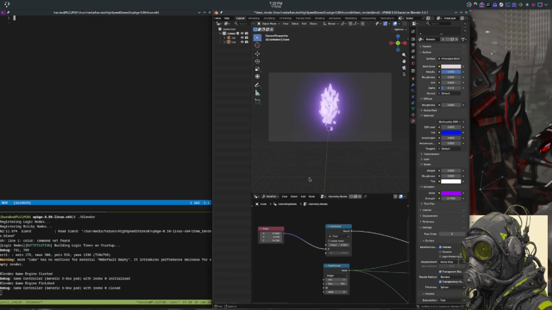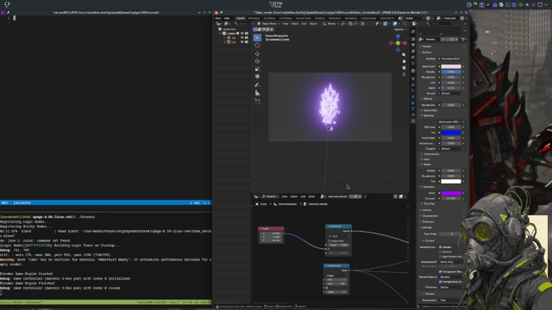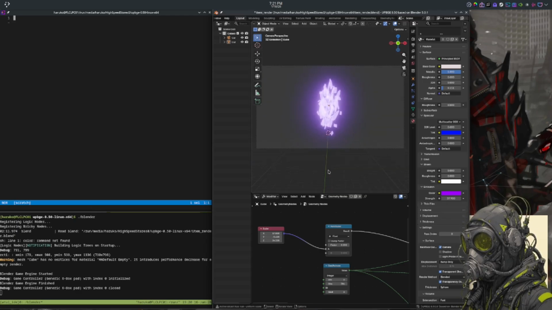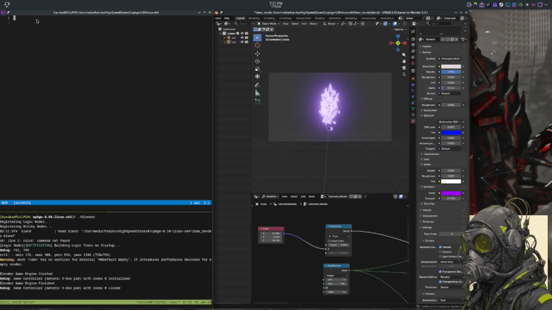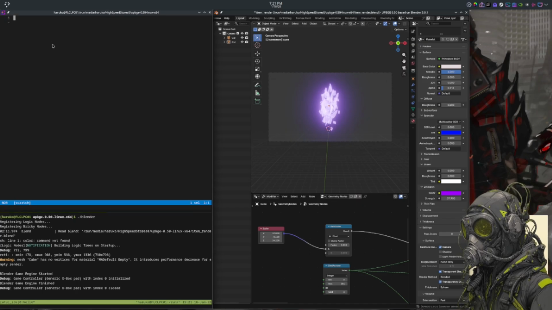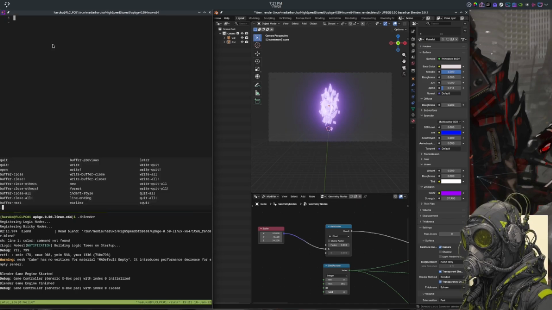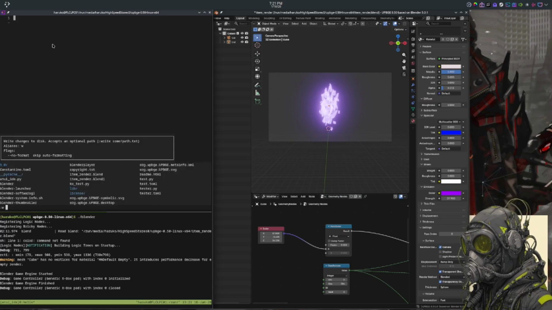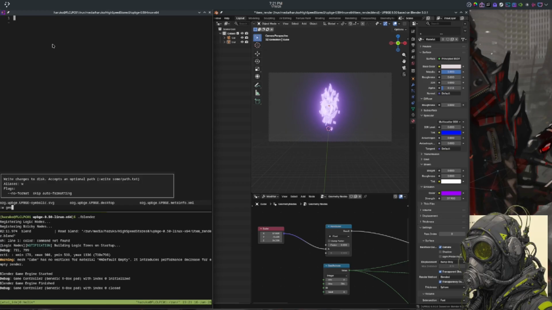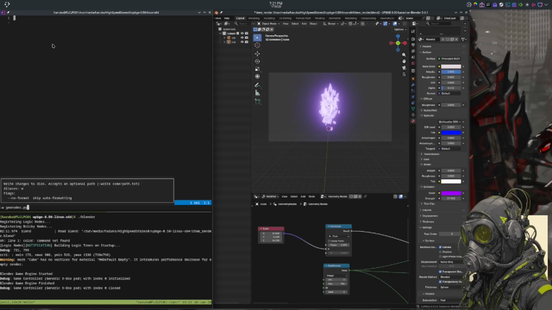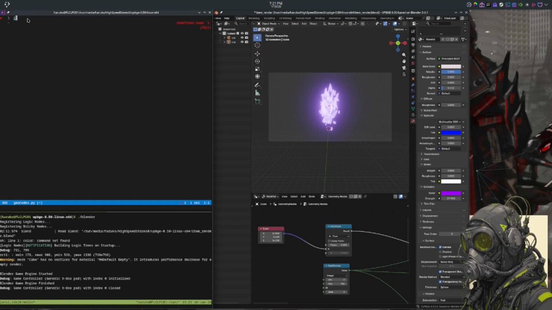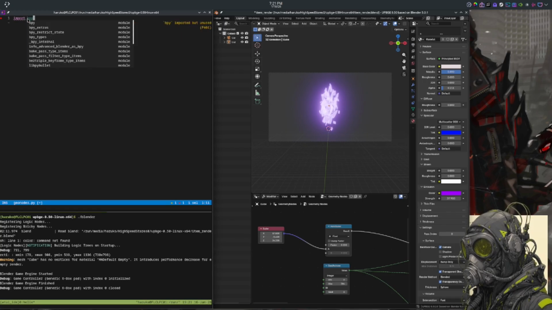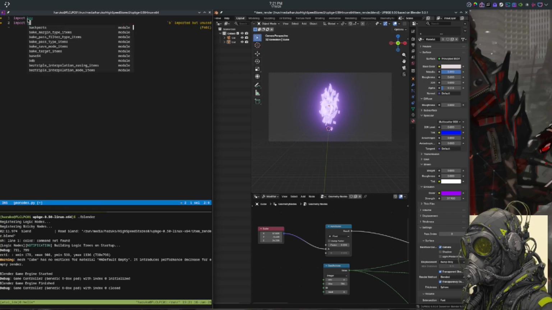So what we'll do now is we're going to create a component to animate it, and that'll be it. We'll try and keep this tutorial short, because I know I have some long tutorials. So first we'll go into Vim, and we'll write this script as geonodes.py. And we're gonna need BPY and BGE for this. So import bpy, import bge,